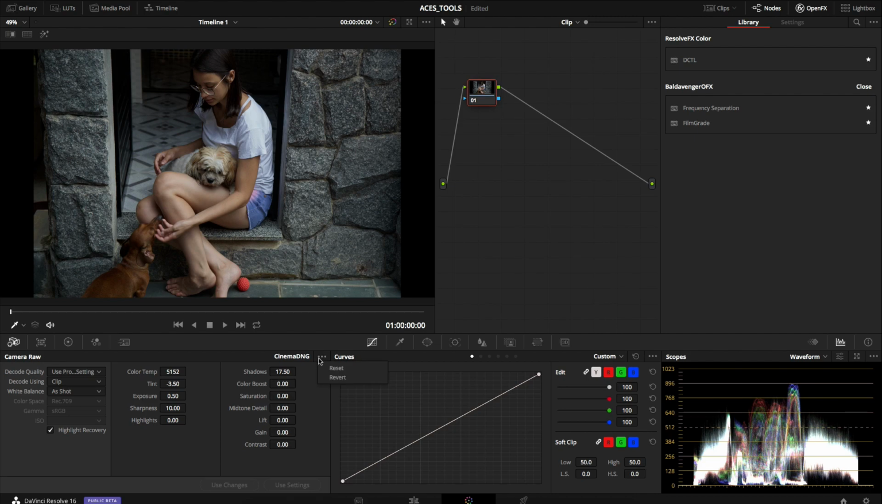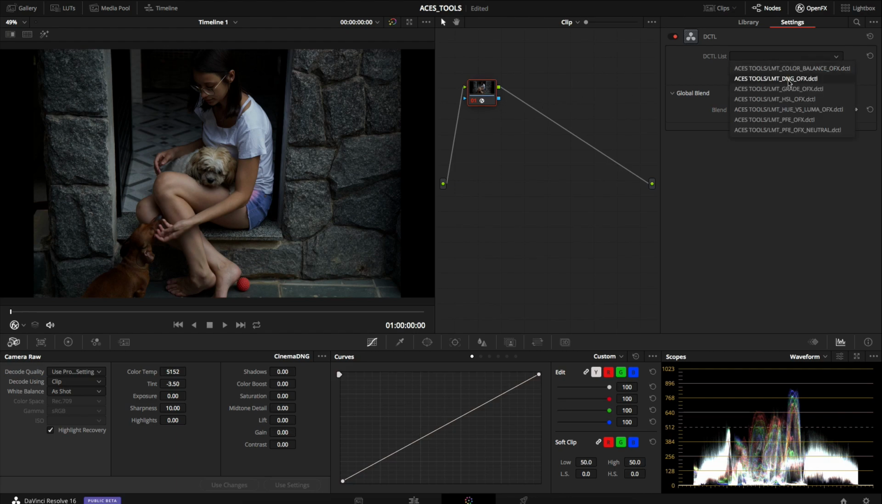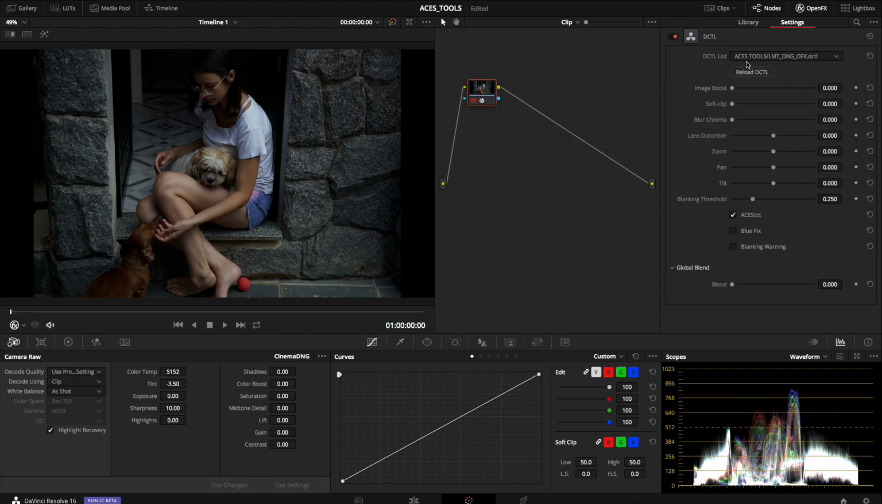So I found that it's better to actually try and recreate an inverse ODT, inverse RT for the image, but without the color rendering, to get into a better kind of grading space. And that's what the LMT DNG proposes to do. The image boost basically is